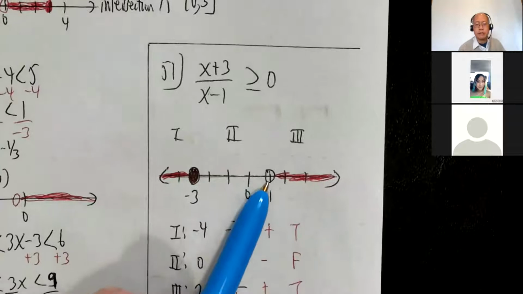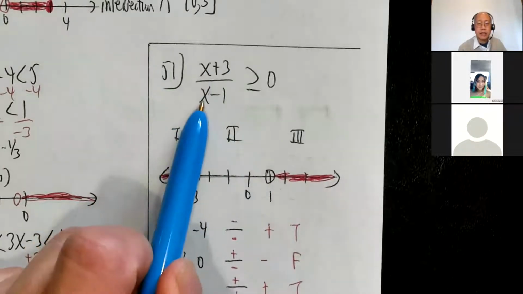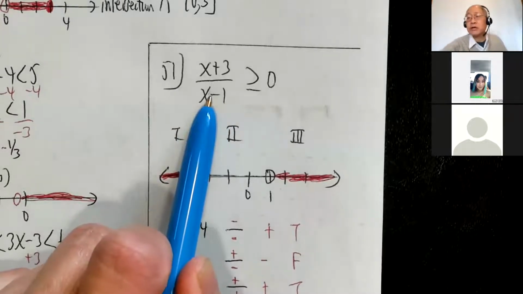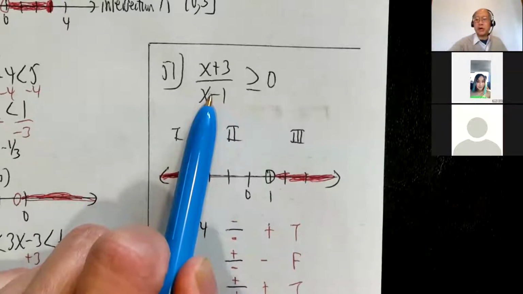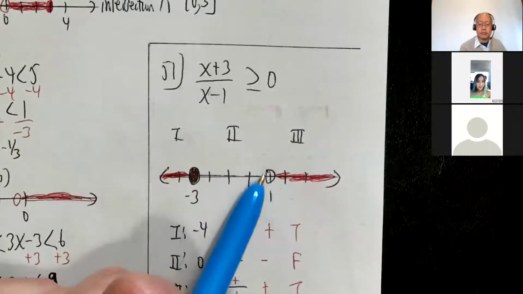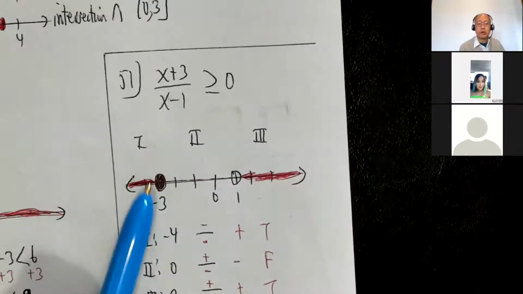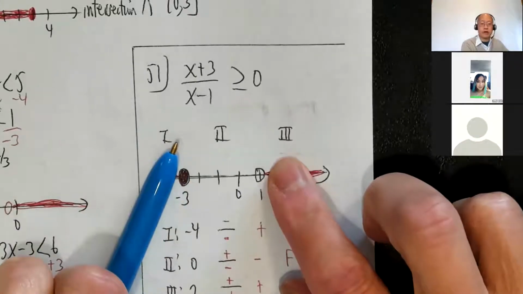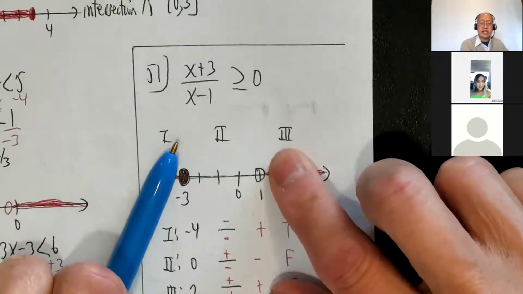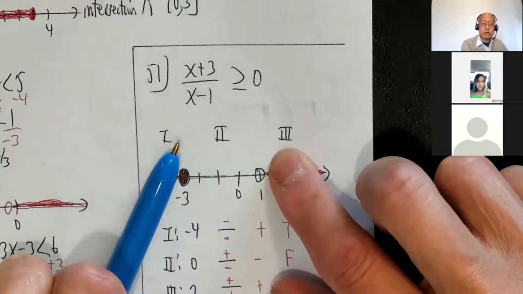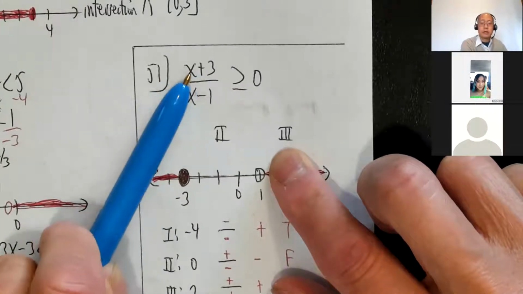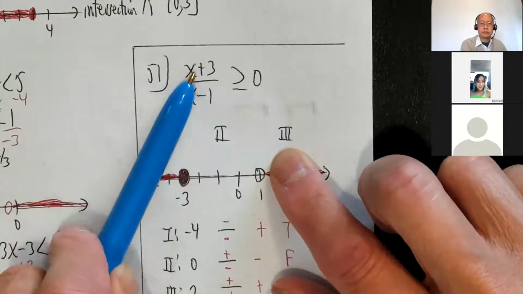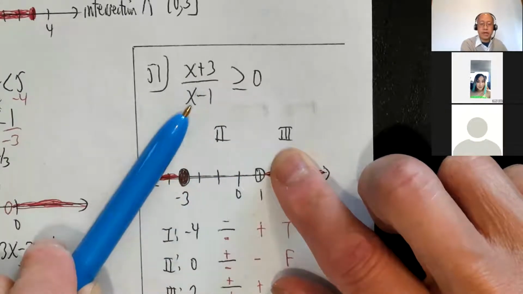Now, how about if I plug in 1? Plug in 1 here and here. But what happens when you plug in 1 here? 1 minus 1 is 0. I'm dividing by 0. And we already know that's a mathematical no-no. I'm not allowed to do that. So automatically, that's an open circle. Okay. So here's a case where one of them's open and the other's closed. And again, pretend you don't know the final product. So at this stage of the game, I have negative 3 closed because negative 3 works. Negative 3 plus 3 is 0. 0 divided by something is 0. 0 is greater than or equal to 0. But 1 doesn't work because if I plug in 1, I'm dividing by 0.